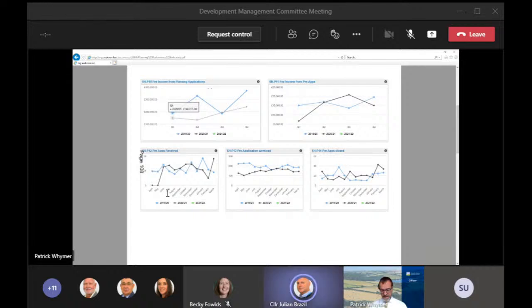Apologies for the text box in this, and I don't know why this happens. So the fee income from planning applications, you won't be surprised to learn it is... no, you will. Sorry. Whilst this is the bizarre thing, whilst we've had an upturn in applications by about 11%, the fee income was less, and the reason for that